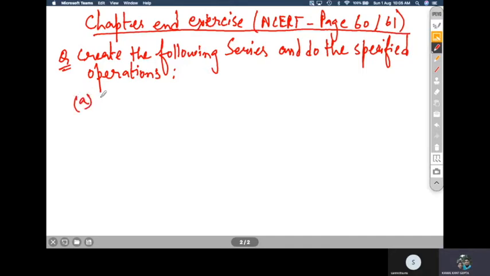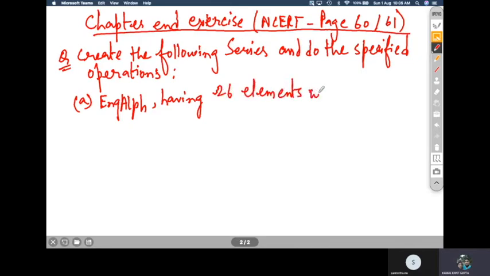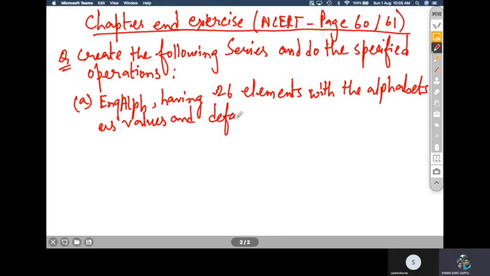The first is ENG_ALPH, having 26 elements with the alphabets as values and default index values.